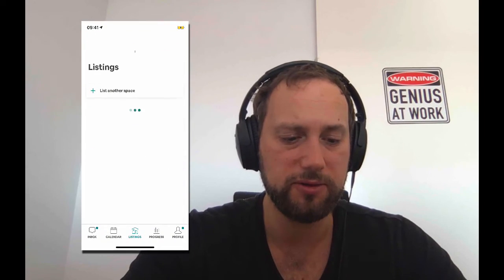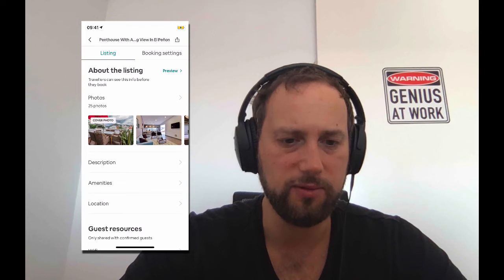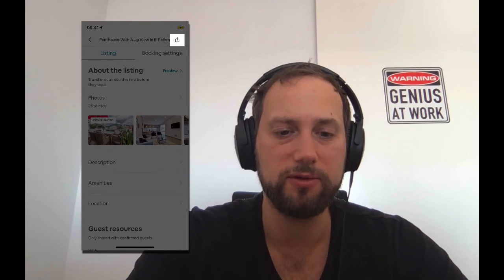All right, so how to share your Airbnb listing from the Airbnb app. It's quite simple as well. Just open the Airbnb app and then you go to listings. And then you select the listing that you want to share, and then in the top right corner you'll see